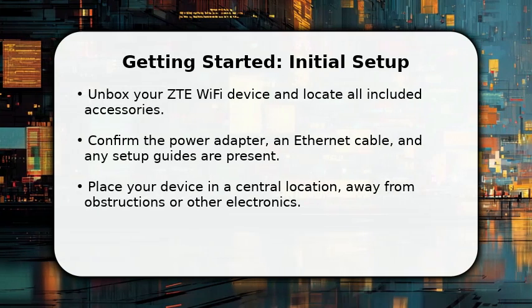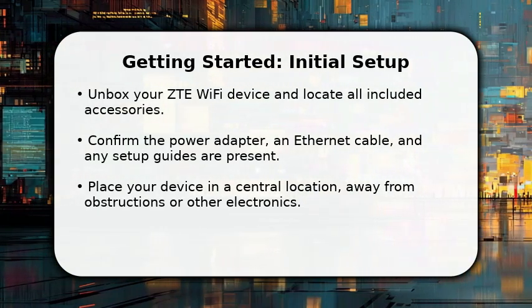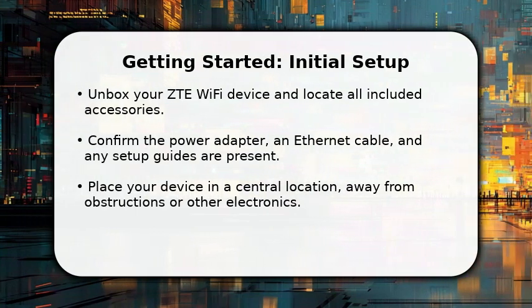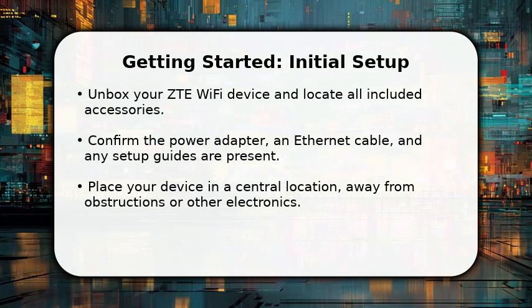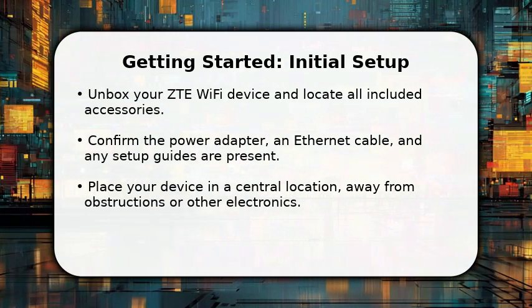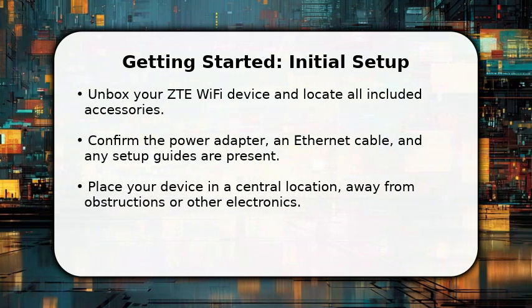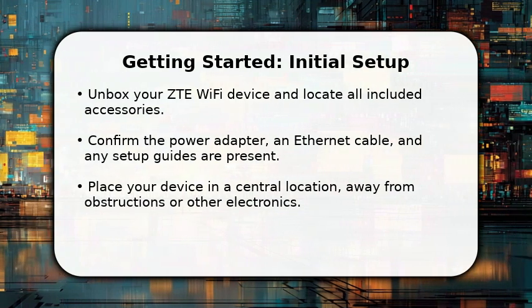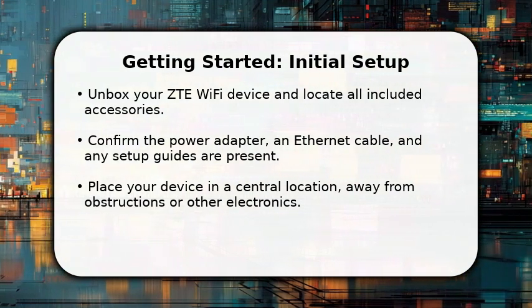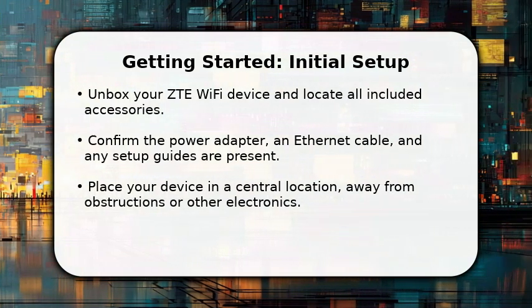In this video, I will explain how to connect Wi-Fi ZTE Easy Guide. First, ensure your ZTE device is ready for setup. Carefully unbox it and locate all accessories, including the power adapter and any provided cables. Position your device in a central area of your home or office, ideally in an open space, to maximize signal strength. Now, plug in the power adapter and gently press the power button, allowing it about 1 minute to fully